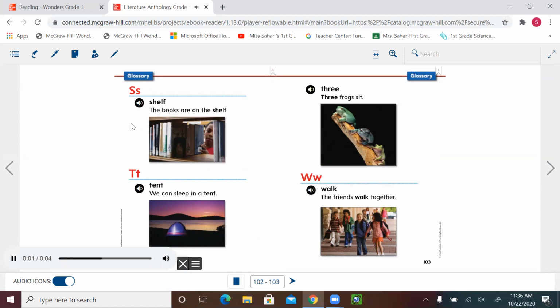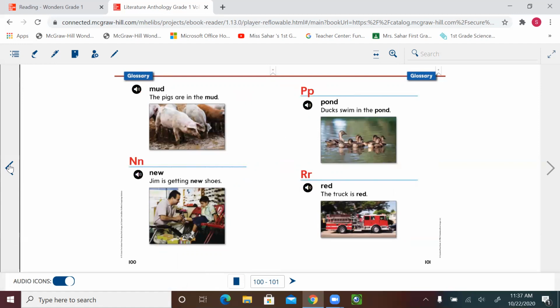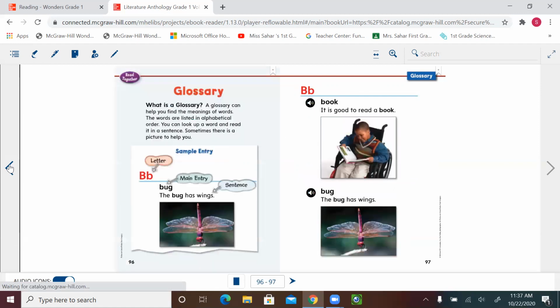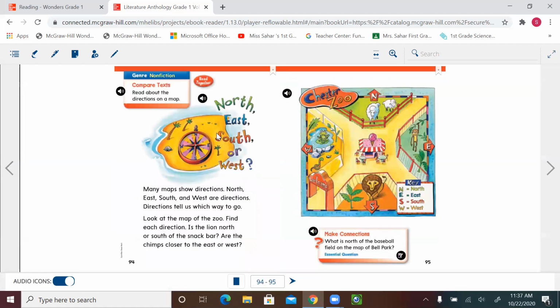Shelf. The books are on the shelf. Tent. We can sleep in a tent. Three. Three frogs sit. Walk. The friends walk together. Okay, so these were the words that start with these letters that we covered in our story. We looked at the picture or we read the text to help us know the meaning of the words. And we also learned about maps, we learned about directions, and